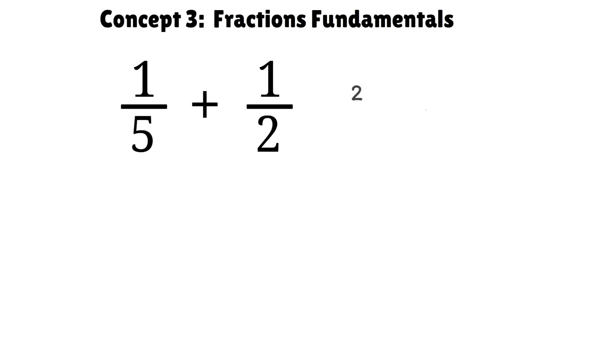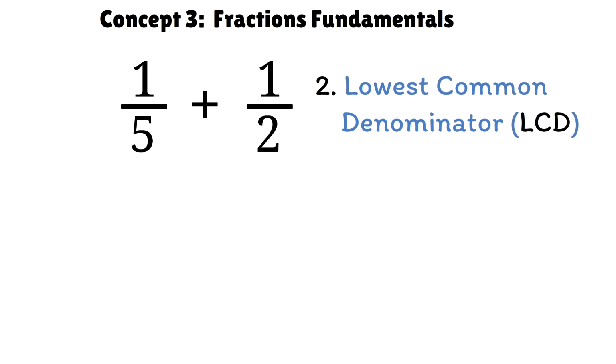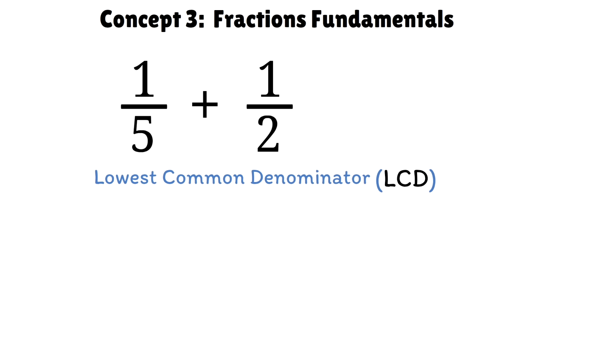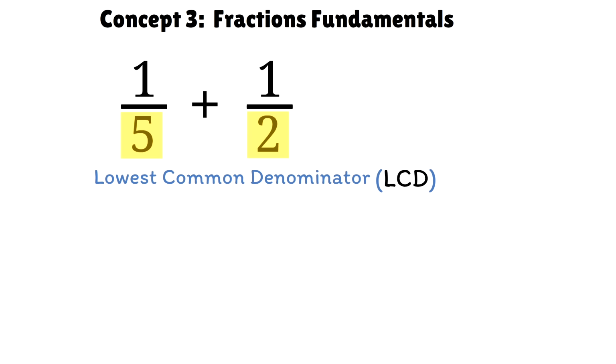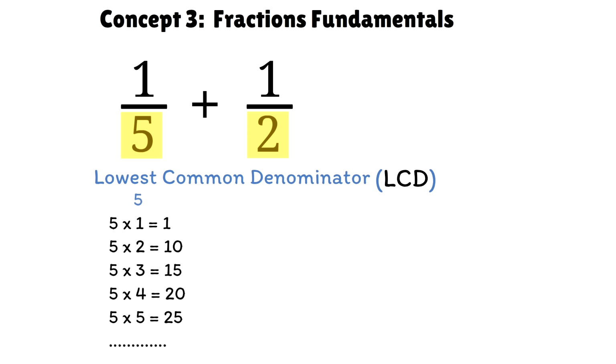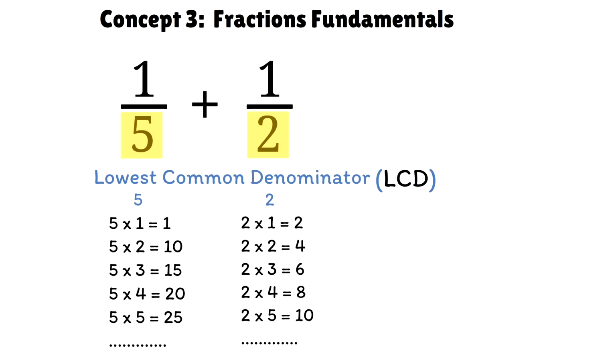Now let's use the second method, lowest common denominator, LCD, to solve our example. So let's first find the lowest common denominator, LCD, of the two fractions. That is the smallest number that both denominators, 5 and 2, can divide into evenly. So to find this, we check the times tables for 5 and 2 and find the smallest result that appears in both. So, the LCD here is 10. Now, since we have found our LCD, the next step is to rewrite both fractions, so their denominators become the same as the LCD. In other words, we're going to adjust each fraction so that they share the same bottom